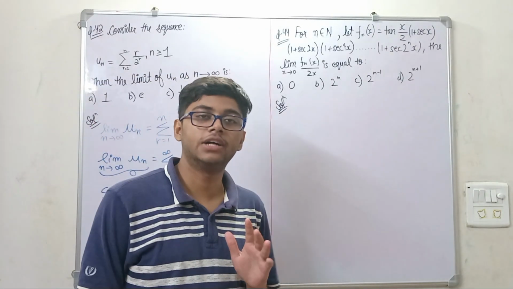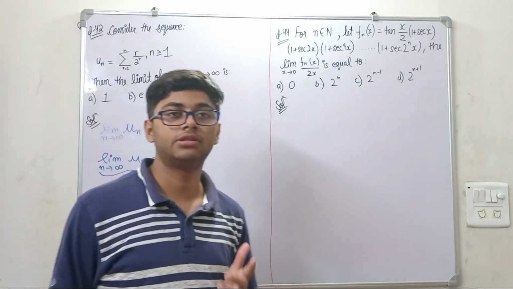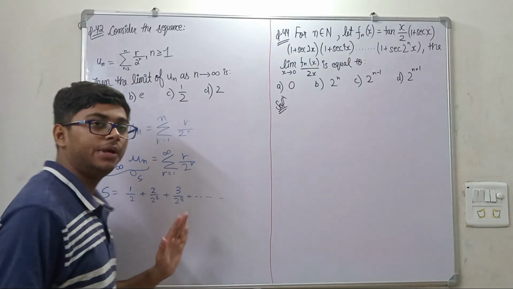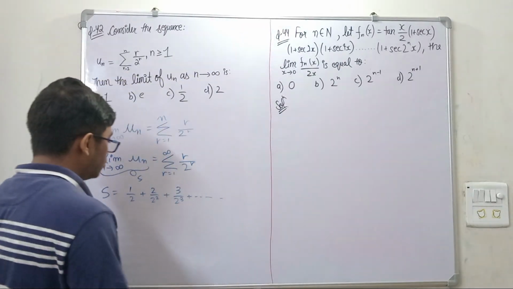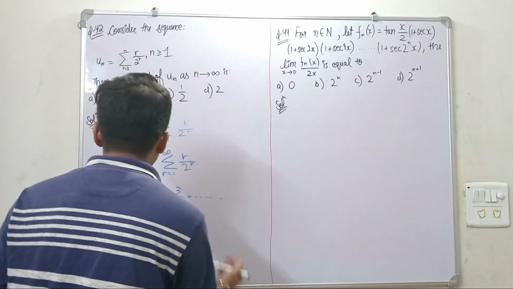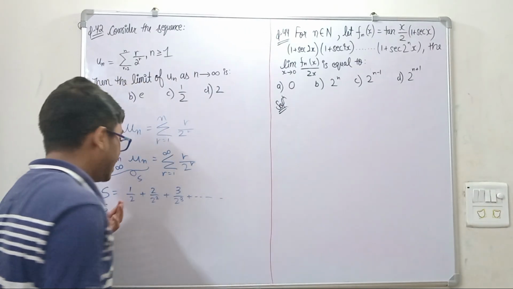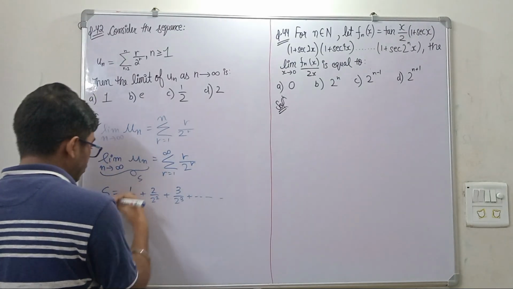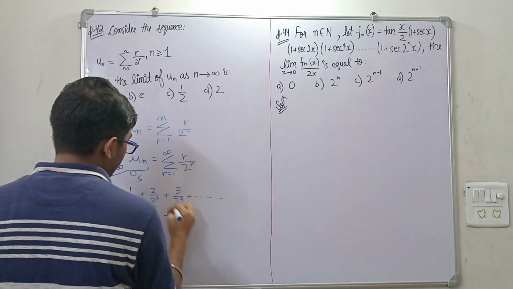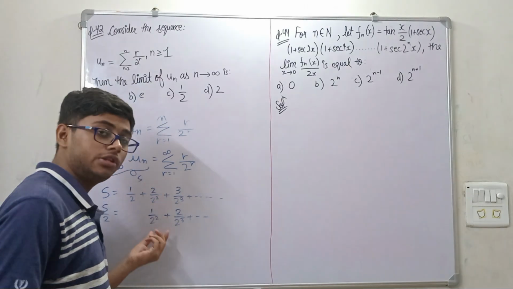Now if you are a student of class 12th or a dropper, you always know how to solve this kind of series. But if you are a student of class 11th and you haven't learned the chapter sequence and series, I will tell you a basic method for solving this kind of series. Whenever this type of series comes, where r upon 2 to the power r is there, you have to do S upon 2, meaning divide this whole equation by 2, and write the alternate terms together: 1 by 2 squared, and here 2 by 2 to the power cube, so that the denominators which are the same are together.